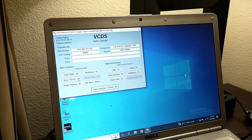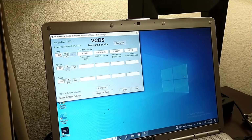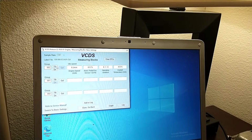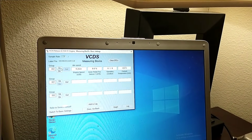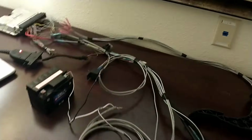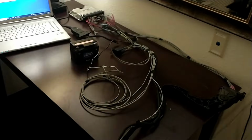So now we can go to measuring blocks, and of course not much is going to read here, but we've got accelerator position right there, so I should be able to squeeze this and see that the throttle is responding. So that is going to be the end of this episode. I don't have anything to test it on right now, obviously, but you can see that